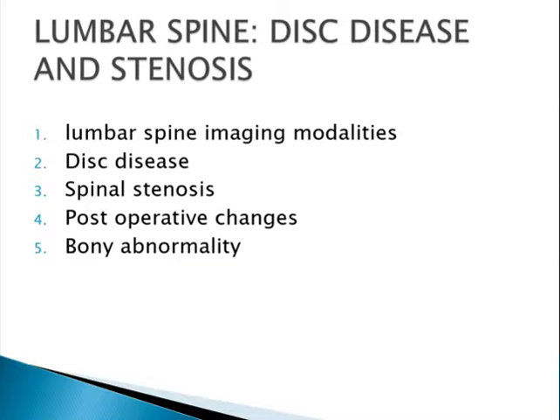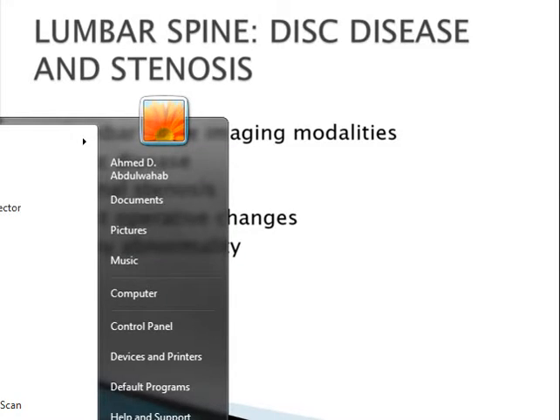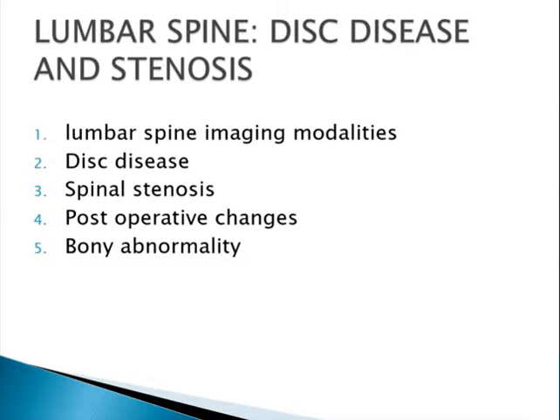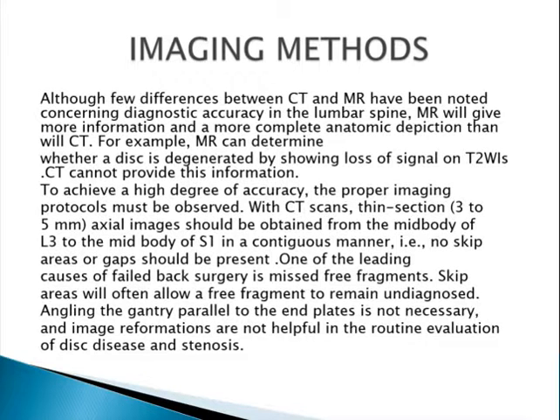So, regarding the imaging methods, we can use both CT and MRI to image the lumbar spine to determine the disc diseases or the degenerative diseases. Although the differences between CT and MRI are not that big, the major advantage of the MRI is that it can show evidence of dehydration of the intervertebral disc, the degenerative changes of the disc,